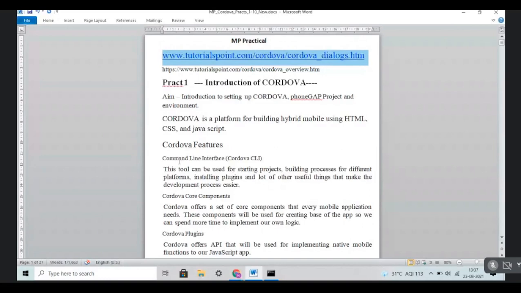Do this. All of you read this one. Please read it. Now read it from start to end. What is called Cordova? 10 features.